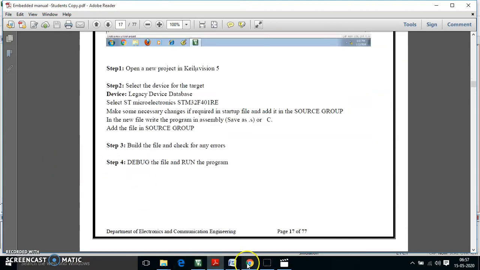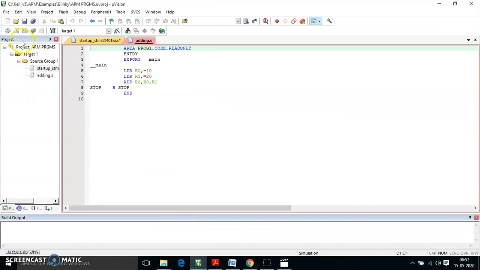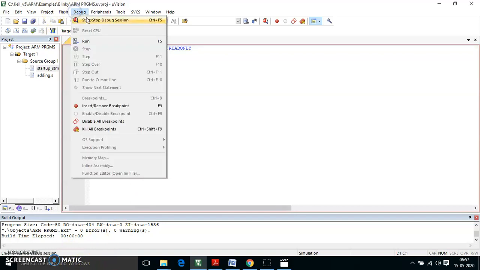Build the file and check for any errors. Yes, it indicates there are 0 errors. Again, build target. Now let us go for debug.